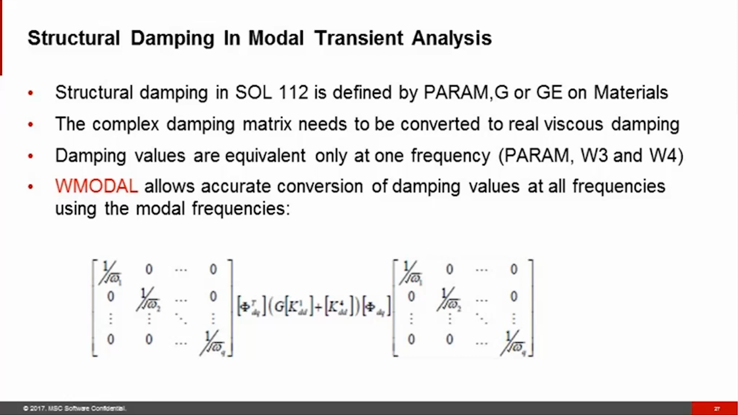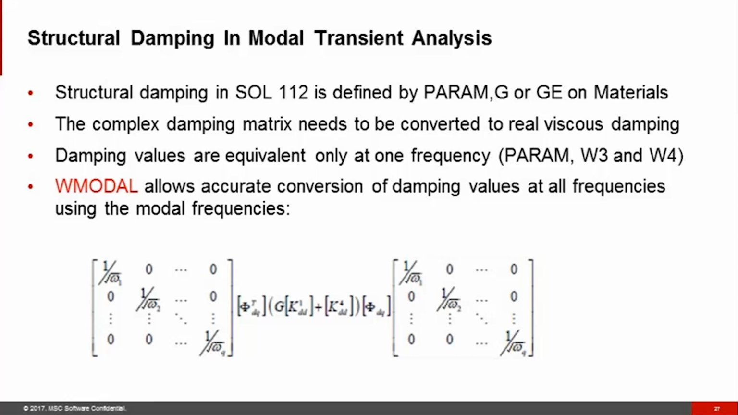In previous versions, the structural damping coefficient from W3 or W2 was required to do the conversion, and the conversion would happen only at one frequency, where these W3 and W4 are the only frequency at which the viscous and structural damping were equivalent. Now in